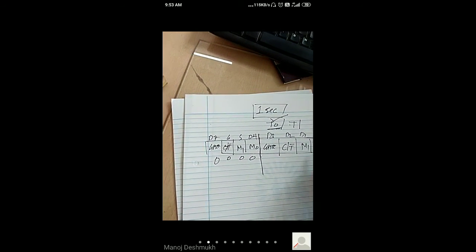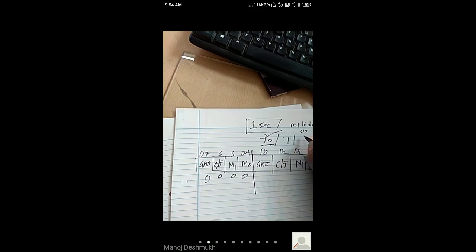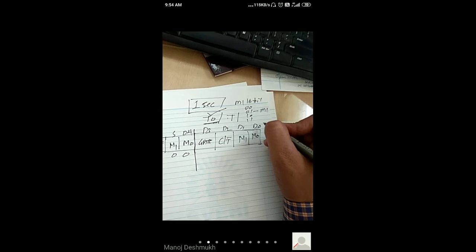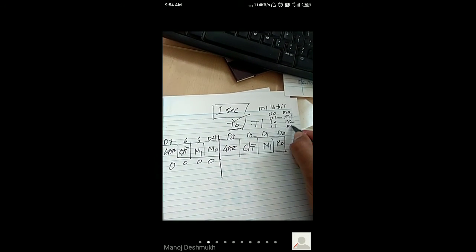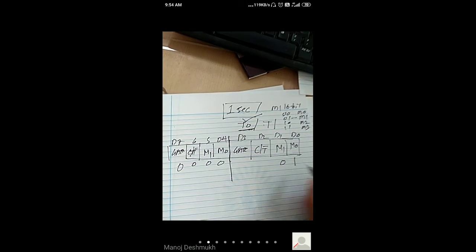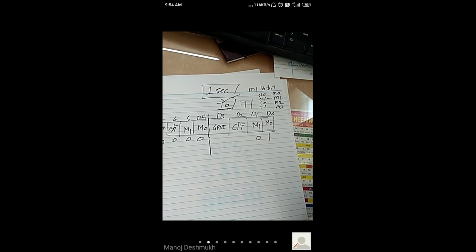Suppose you want the highest bits available, 16 bit, that is mode 1. The combinations are 00, 01, 10 and 11: mode 0, mode 1, mode 2 and mode 3. So here you write 01. Clear? For selection of mode 1, the timer is 16 bit. Is it clear?